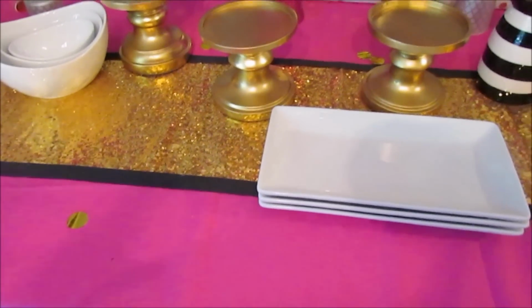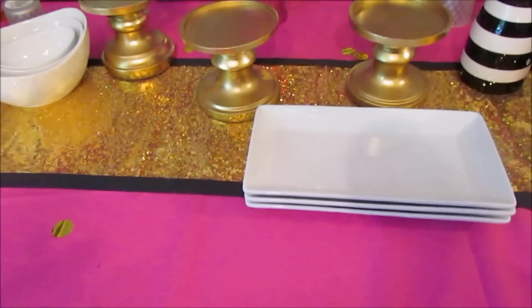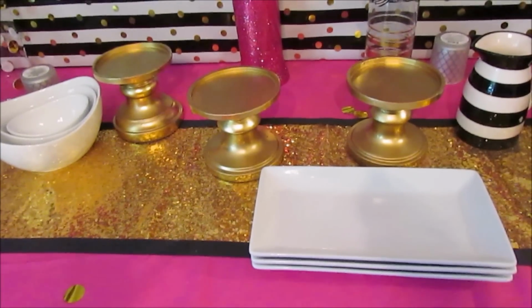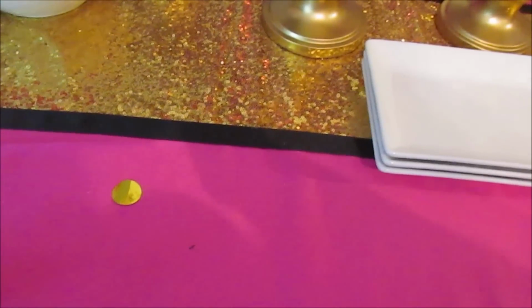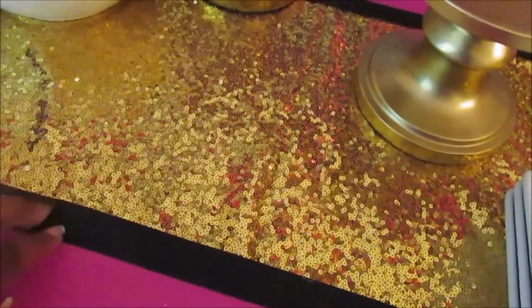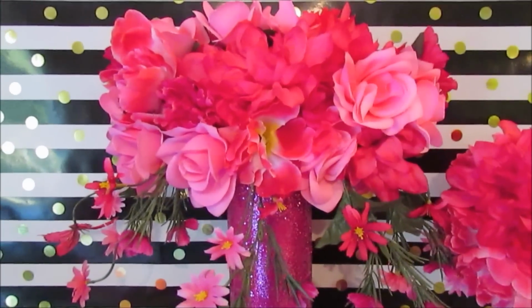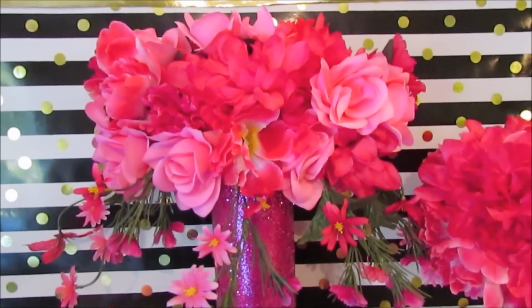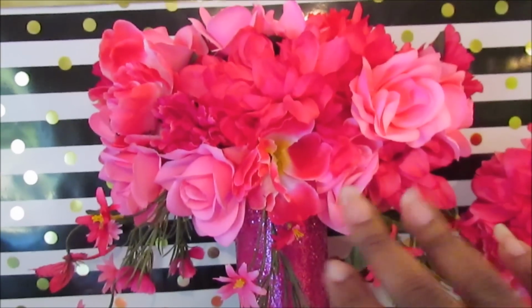Okay, also I came up with Kate Spade because I knew I had some gold items, and I knew I had some pink items, and so that just came together well, also as a grown woman theme party. So I knew I had a pink tablecloth. I did order the runner, and to finish it off, I just hot glued some ribbon to that, and I had some leftover black ribbon. And then also, this was actually inspiration from another YouTuber. If I can find her channel, I will link it below. Well, actually the floral arrangement, to make it like this. But this part here,